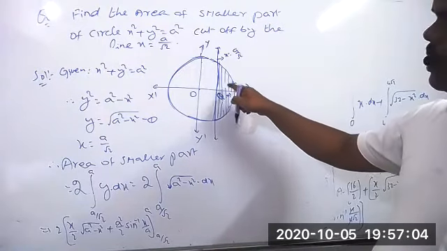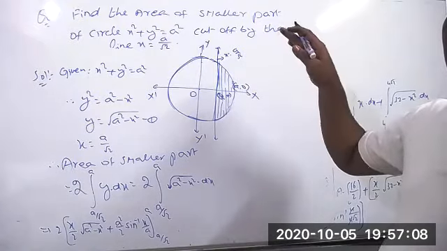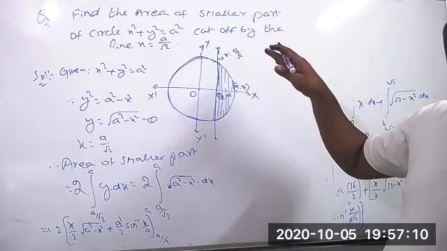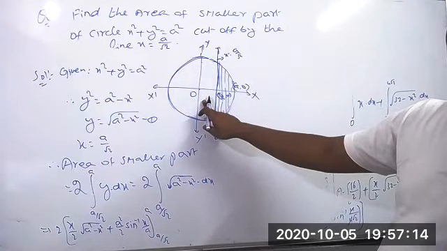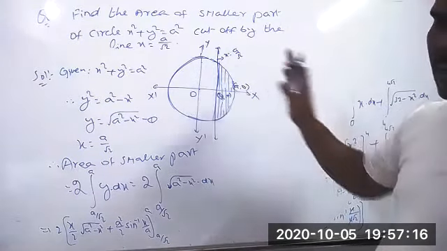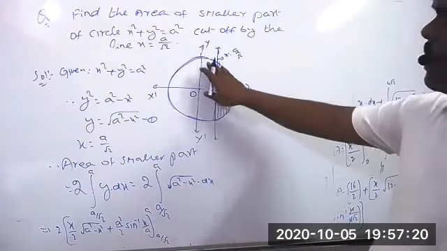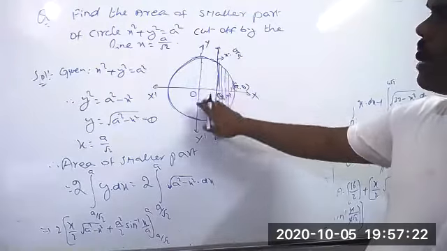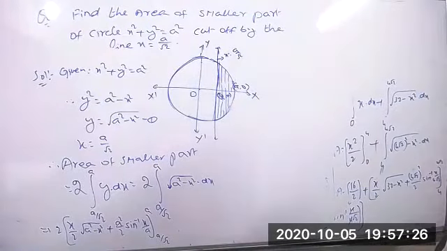Sometimes they will ask the question: find the area of the bounded region enclosed by the y-axis and the line and the line. At that time we have to find these two parts, and this part is not required. So at that time maybe we will take that. So based on the problem we have to see.